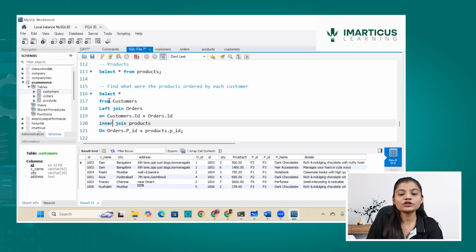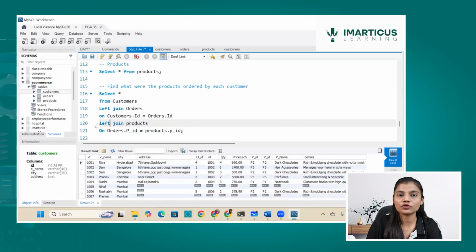I know that this is my left table and this is my right table. But when there is one more join mentioned, which one is my left table and which one is my right? This entire thing is my left and this is my right table. So I want to use this entire element, so I will be writing a left join,